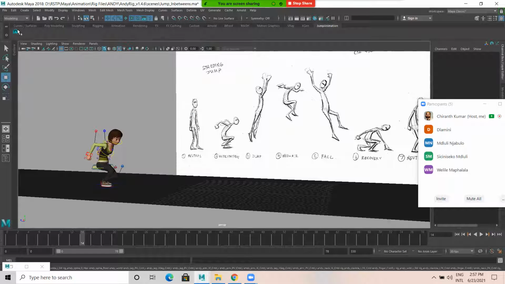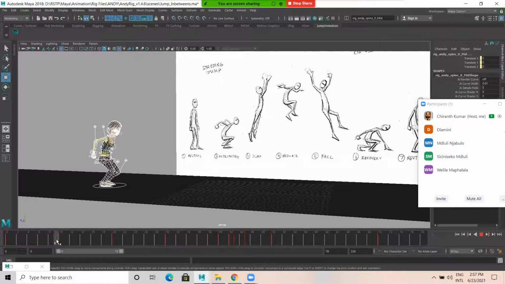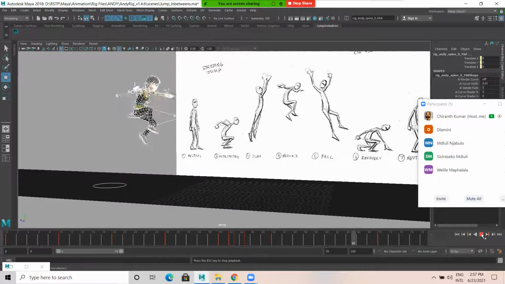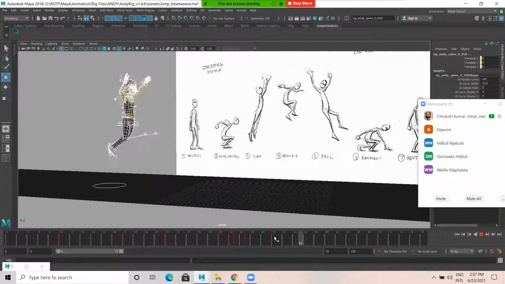Okay. Now the leg part. I think there is some issue in the leg part. One, down. Yeah, that we need to work on here. Yeah, now here in the middle, from here to here.